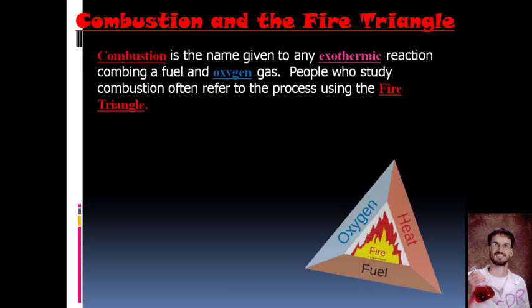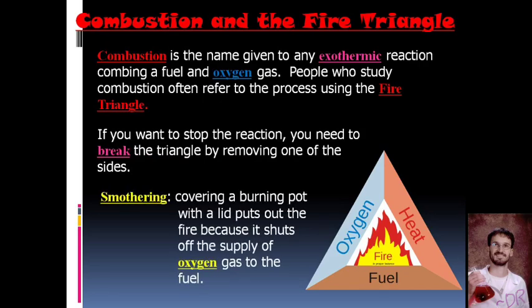All right, the last thing we're going to talk about is combustion. Combustion, by definition, is any exothermic reaction that occurs between oxygen gas and a fuel. It could be any fuel. And people who study fire, like firefighters and forensics people, refer to this reaction using the fire triangle. To have fire, you need oxygen, you need fuel, and you need heat. If you want to stop a combustion reaction, you have to break the triangle. So you have to remove one of the sides of the triangle,